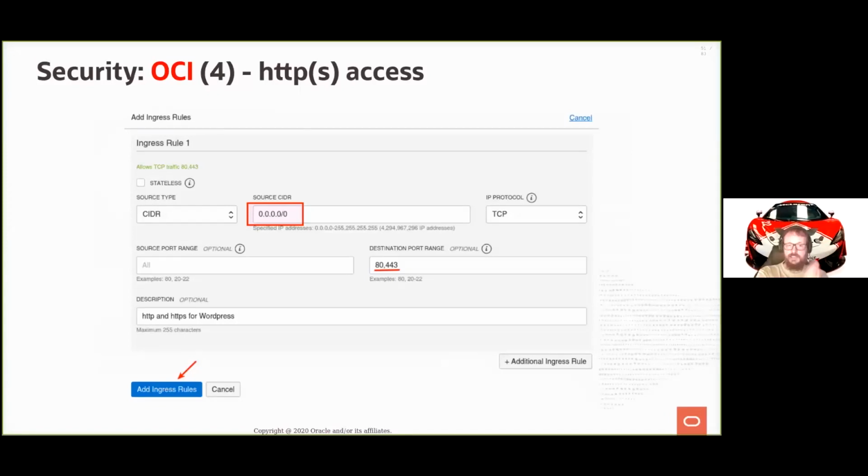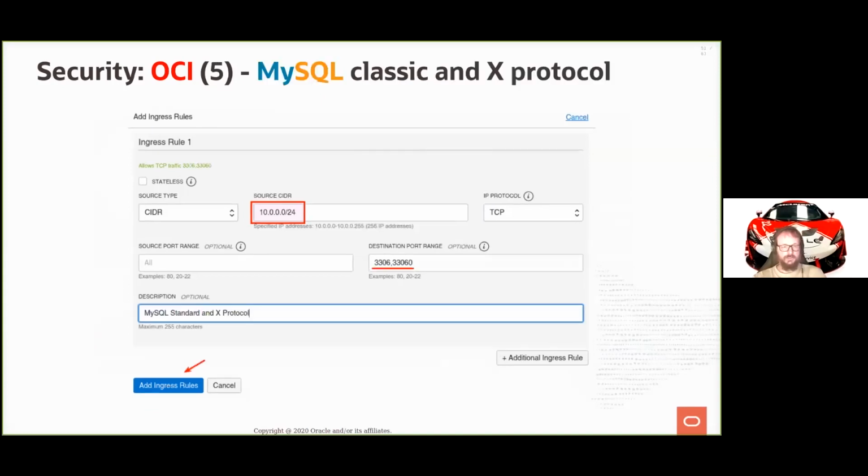So it's 0.0.0.0/0. It's allowed in TCP to connect to the port 80 and 443, to say HTTP and HTTPS. So then a small description and you add the rule. Right. After that, you say, okay, I want that all the machines in the